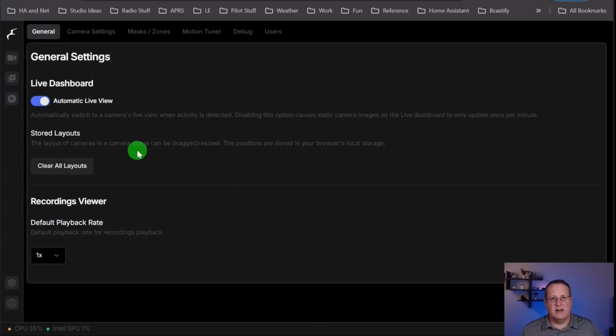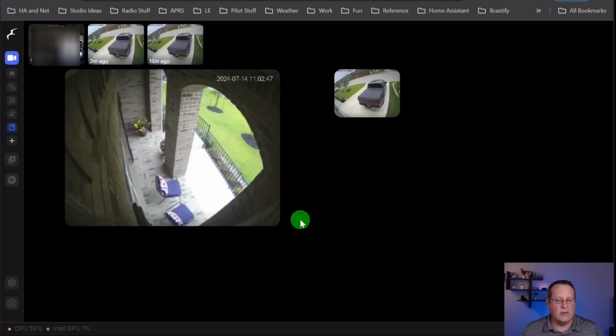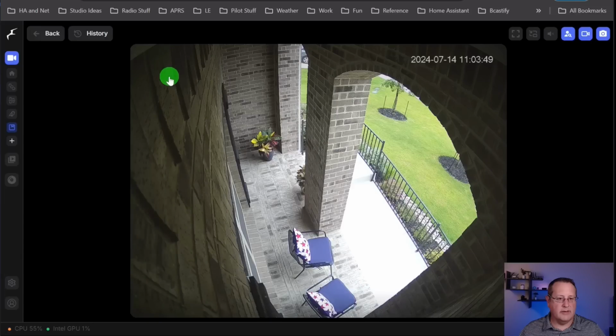There's a mention in the documentation that sometimes you can't actually resize those. And if it turns out you can't resize it, it won't let you drag and drop or move it or anything else, then you need to go in there and clear that. It clears everything, so you have to redo your layouts, but at least it'll give you an opportunity to get back in and fix stuff. I haven't seen that happen yet, but apparently it does enough that the documentation shows that. Also keep in mind that this is a beta, so you're going to see weird issues until the final release comes out. You can also click on this image here if you want to go to live view, which is what we're on now,